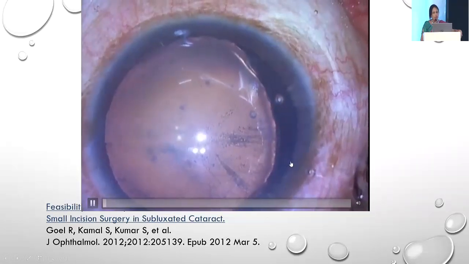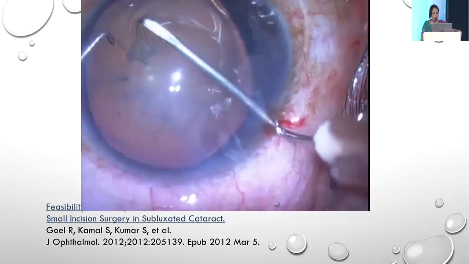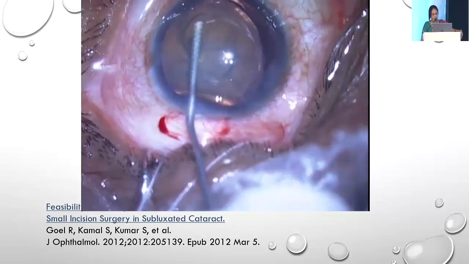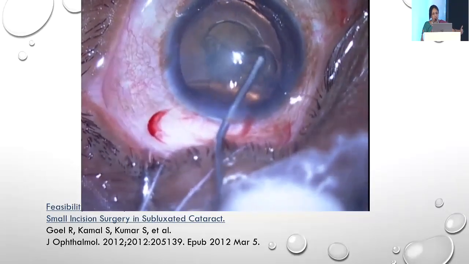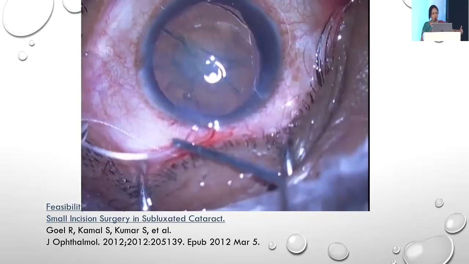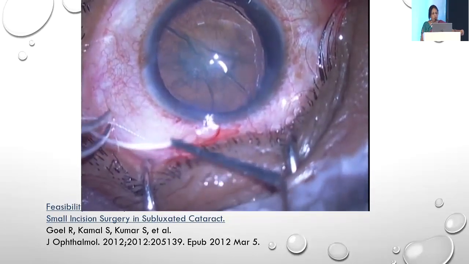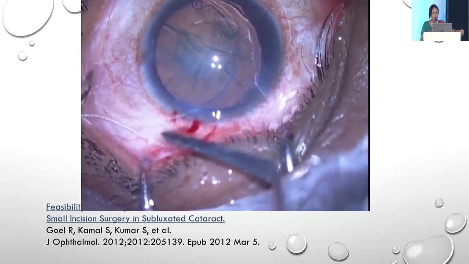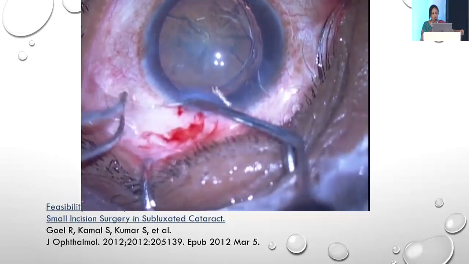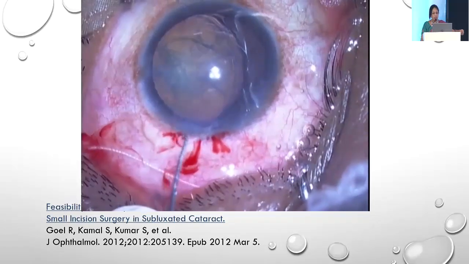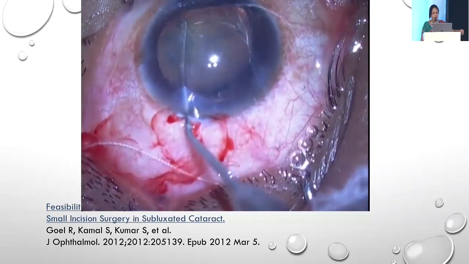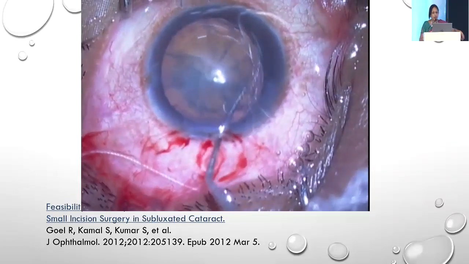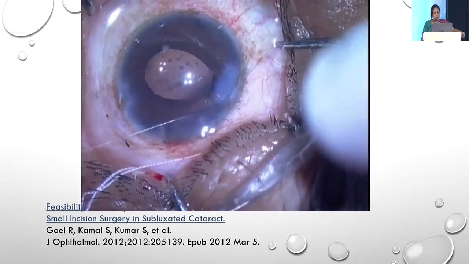Now, whenever you have a subluxation of up to about 4 clock hours, you can go in for a CTR. The CTR can be inserted either before you do the phacoemulsification or after you have finished it. This is just to show how you put a CTR. I've removed the phaco clip because that is the usual way that we do a phacoemulsification. Once the CTR is in place, you just have to push it and ensure that it goes into the bag and that one of its parts does not fall into the sulcus. Otherwise, you may end up dislodging the CTR into the vitreous. After that, you do a routine phacoemulsification.